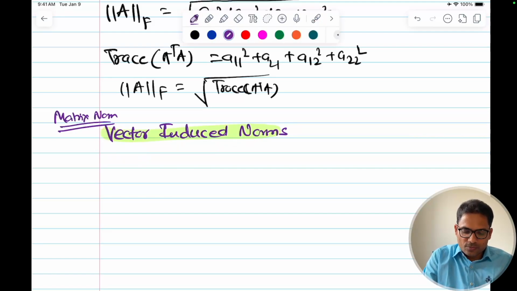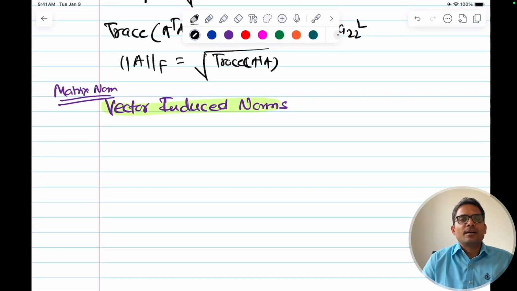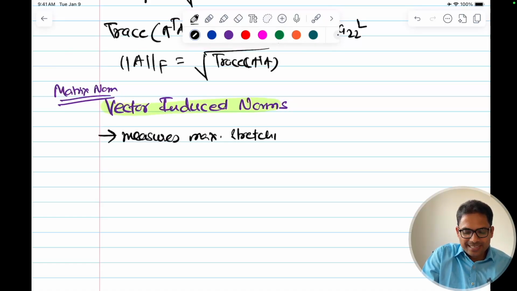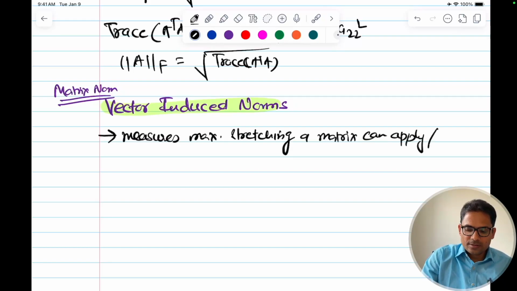So what does it mean? When I multiply a matrix with a vector, it will stretch it in certain directions. So this norm just measures the maximum stretching a matrix can apply or induce on a vector. It measures maximum stretching or shrinking, whatever, maximum stretching a matrix can apply or induce